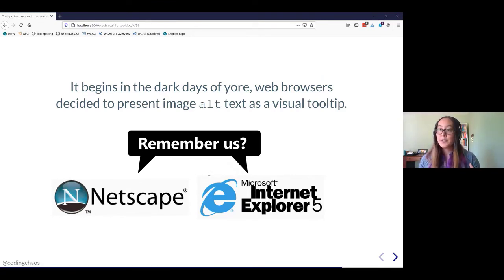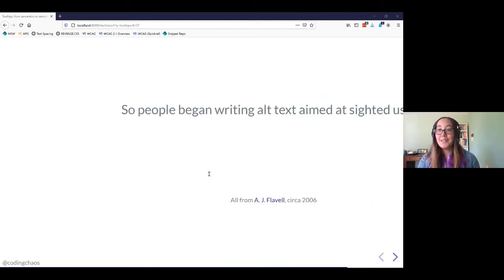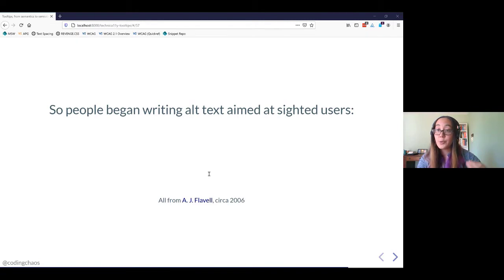But when images were first introduced to the web, there was no possibility to define alternative text for them. The image tag predates alt text. So when images were first created, they were fundamentally inaccessible. And to fix this, browsers and HTML spec authors introduced the alt attribute. But the way it was implemented at the start was the alt attribute actually created a tooltip, similar to the title attribute now. And what happened when this new attribute created a visual tooltip that sighted people could see is